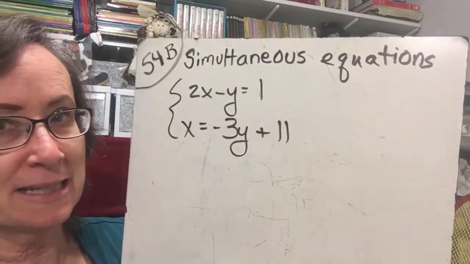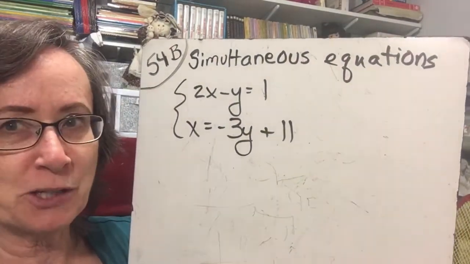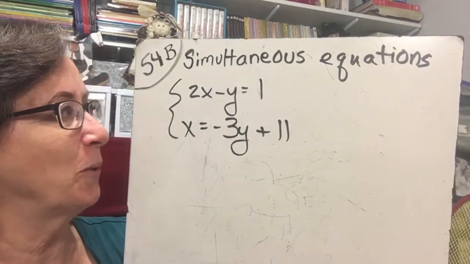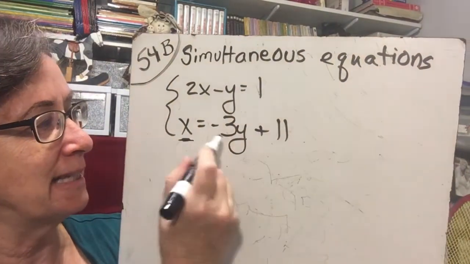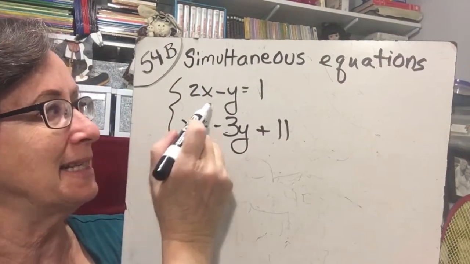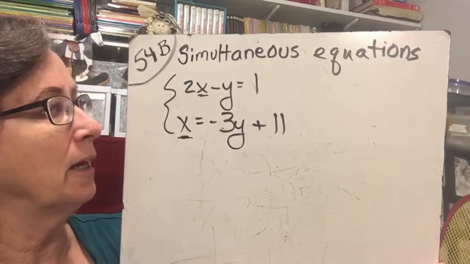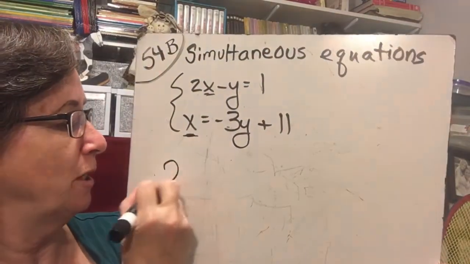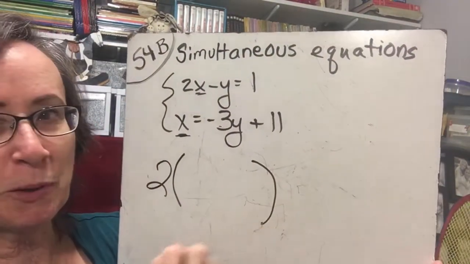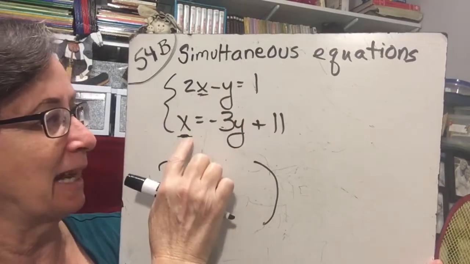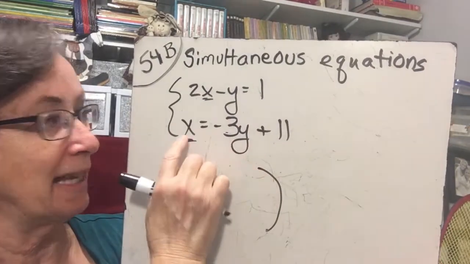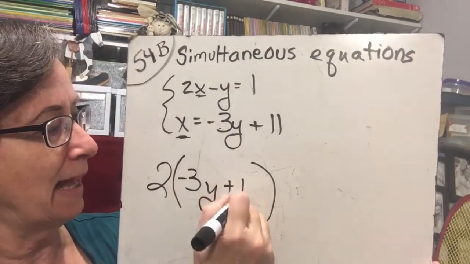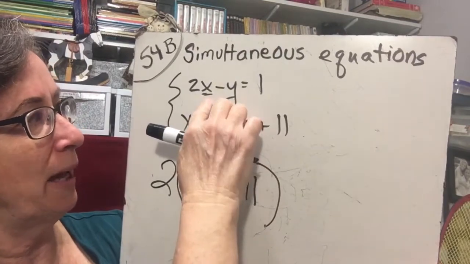We have our system of equations. Now we're going to use substitution, which means that we're going to substitute one equation into another. Can you see how x is equal to negative 3y plus 11? But I see an x in this equation too. So now I'm going to slide one equation into the other. So 2x, and I'm going to put a parenthesis for that x, and I'm going to include in the parenthesis the meaning of x, which is negative 3y plus 11, and then 2x minus y